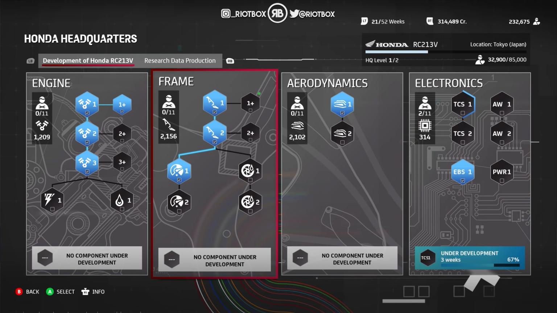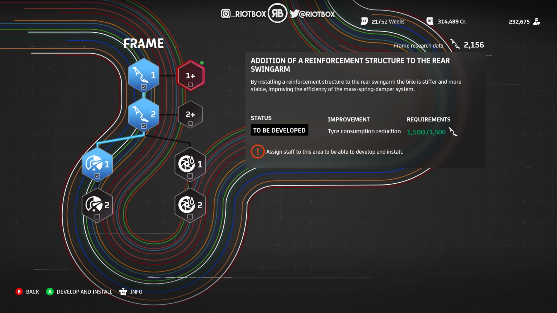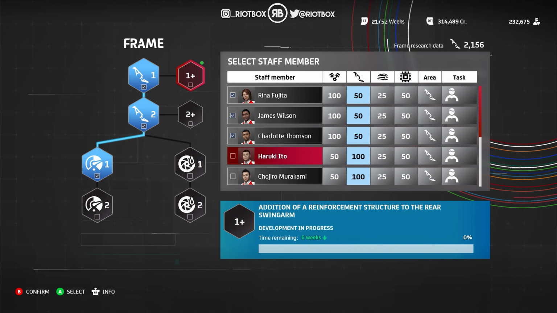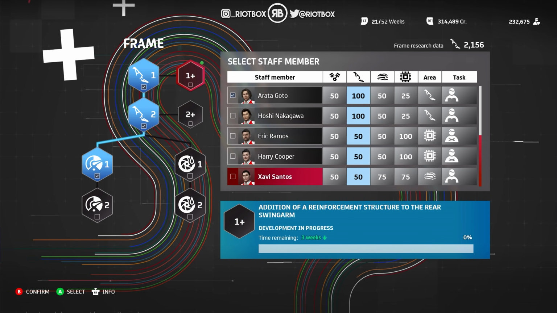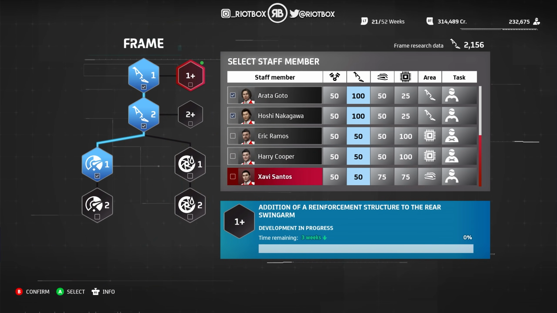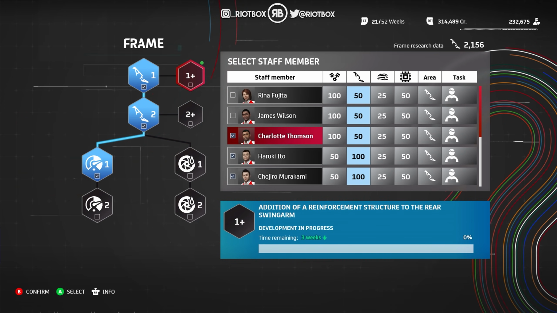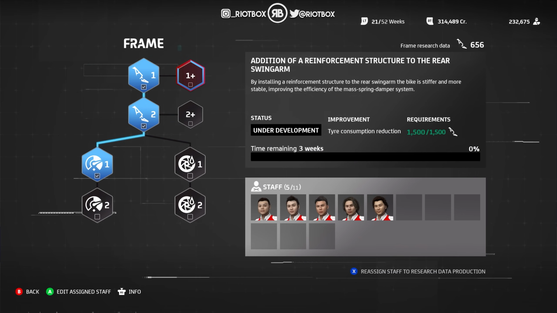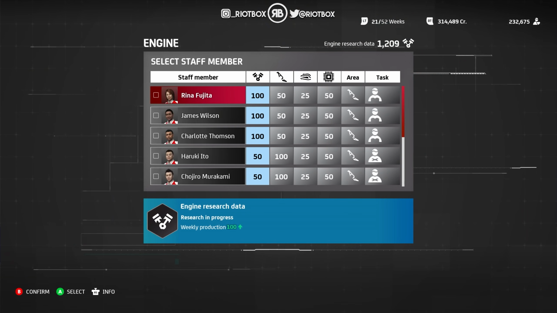But before we do that, we can start on some upgrades for the frame. I'm going to start with this node here because I want to get it on just to help reduce the tyre wear. So get all of these guys onto that, not the engine guys, take them off. Right, so that's going to take 3 weeks to come in with the new upgrade. I need to assign